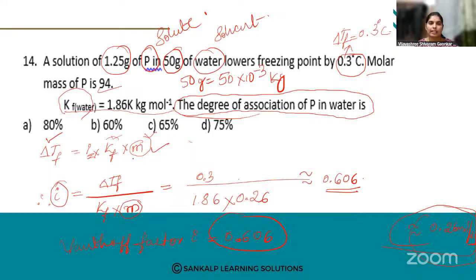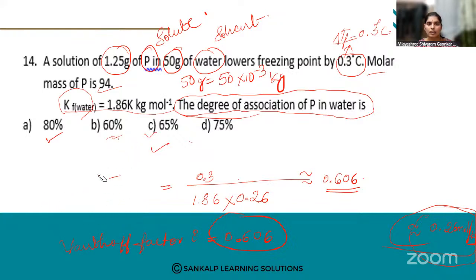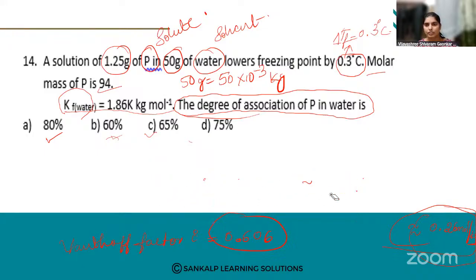I will erase the rest of the things. Just remember this quantity. There is one formula which relates degree of association and Van't Hoff factor, right? What is that formula? The Van't Hoff factor is given by 1 minus alpha plus alpha divided by n. Here n, let us take n equal to 2, assuming that